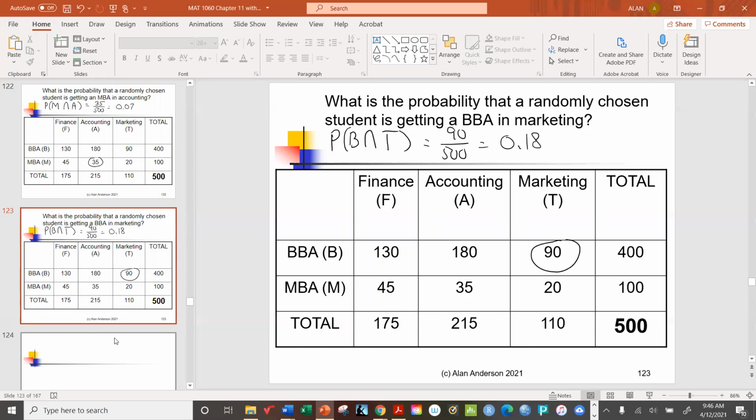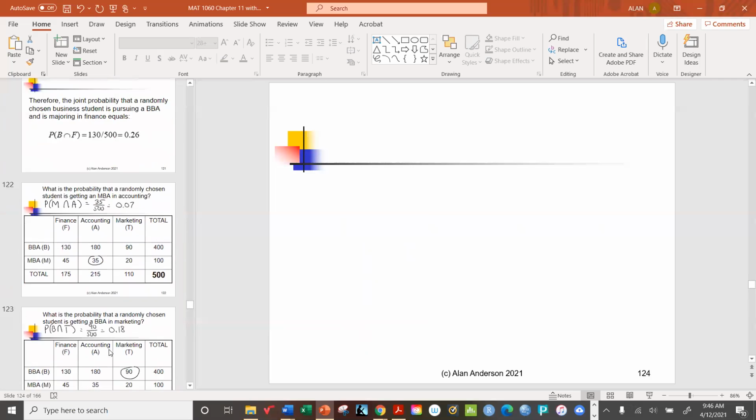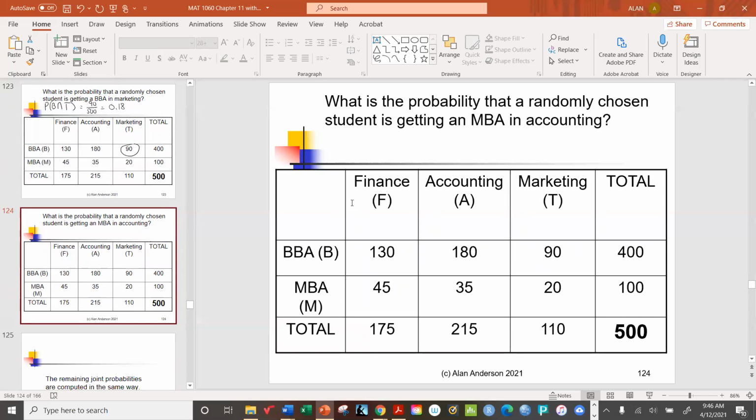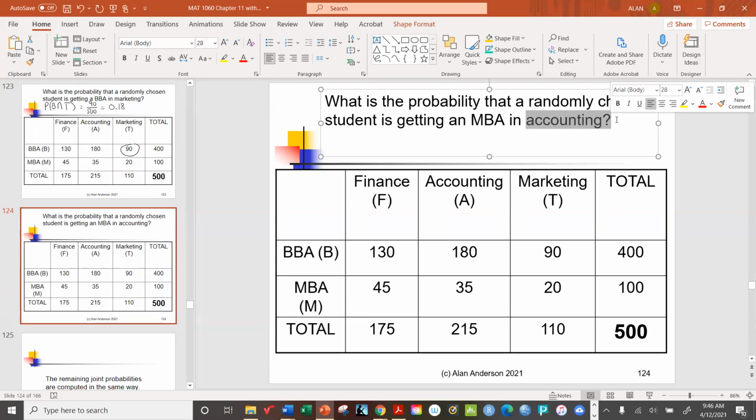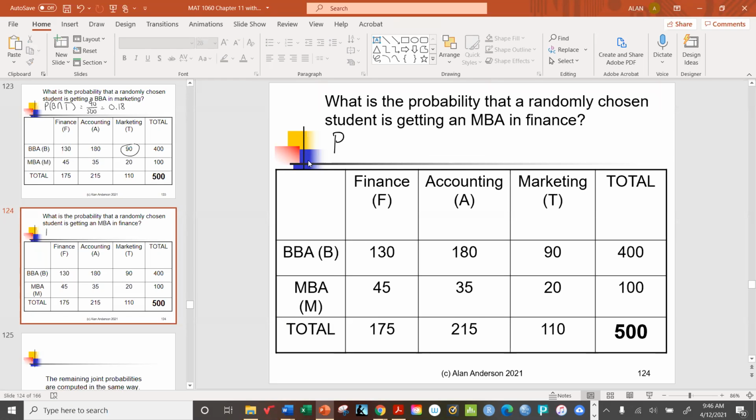All right, maybe we could do one more of these just to make sure we really get it. How about getting an MBA in finance? We haven't done that one yet. So the symbols would be,